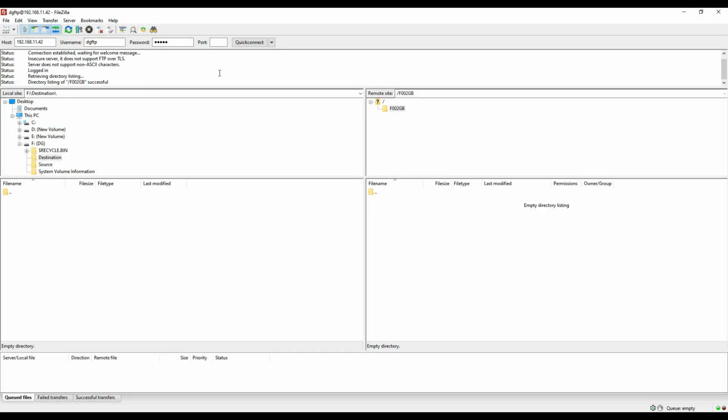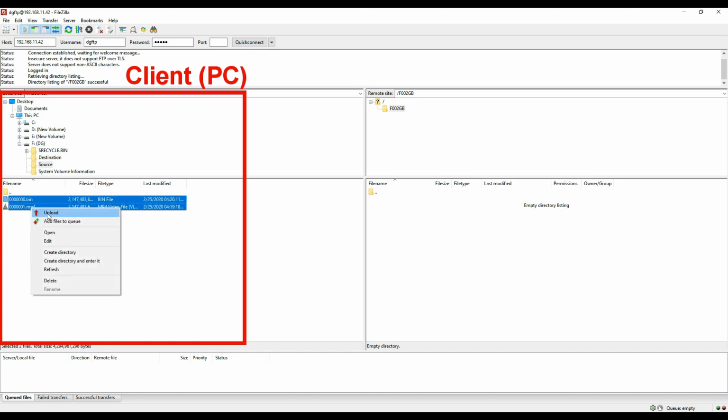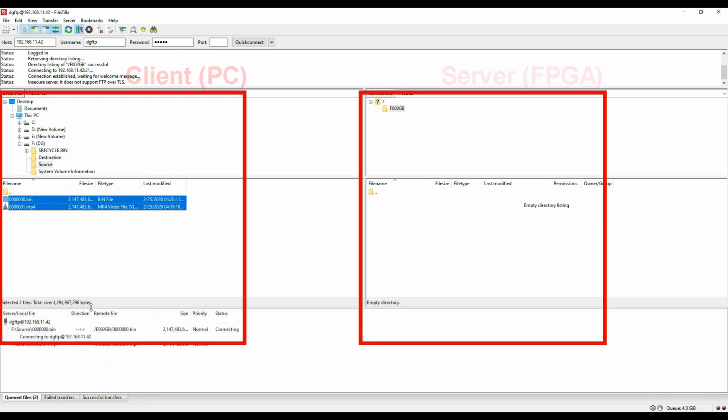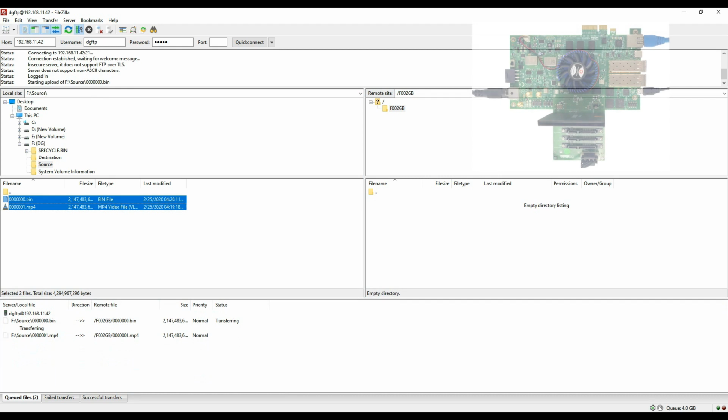So we connect to the FTP server demo by using FileZilla. The left side shown here is the folder and the files that are on the client, or my PC. And the right side is the folder of the server, which is empty right now, so I'm gonna upload the files to the server. When the transfer starts, the client sends the data through the Ethernet cable to the TOE1G IP,